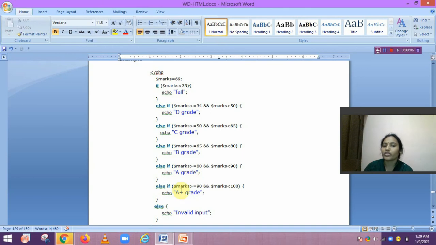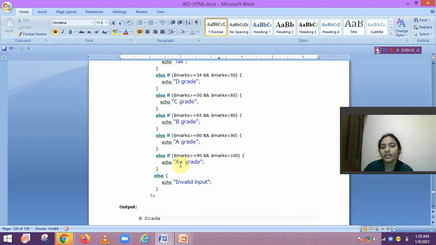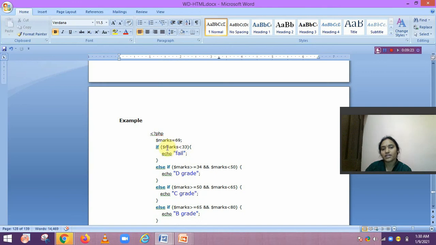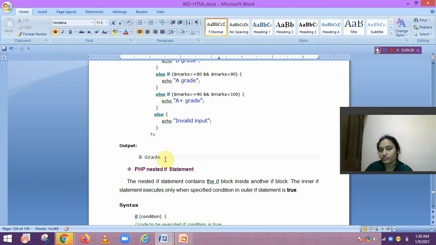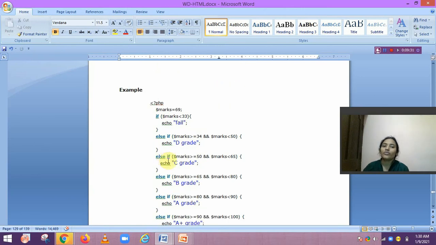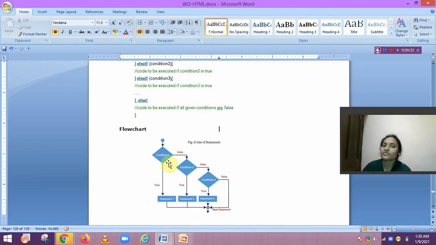Else if $marks is greater than or equal to 90 and $marks less than 100, then it will print A plus grade. Else, invalid input. So the marks here is 69, that means he will get B grade. In this way we write the if else if statement.